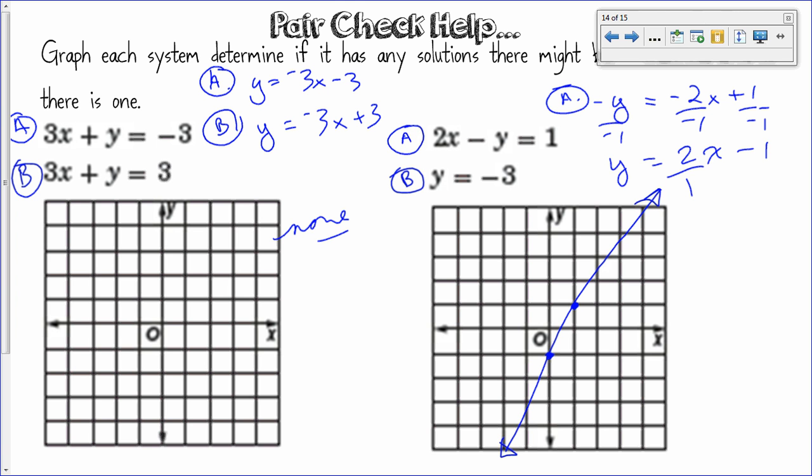Good, it's at negative 3. Okay, where do you think these two lines meet, how many solutions do they have? One solution, right? Where is that? Negative 1 and,